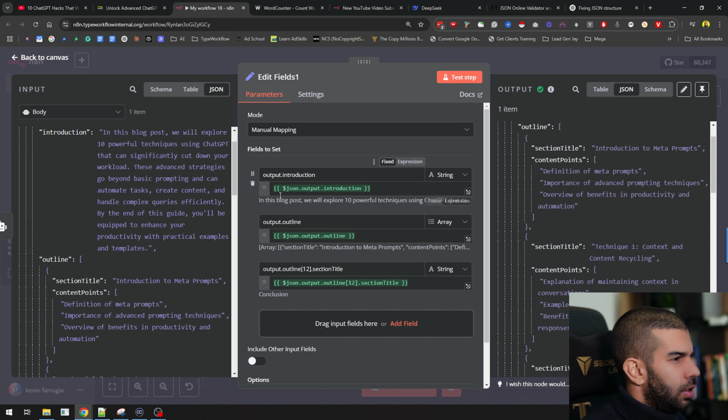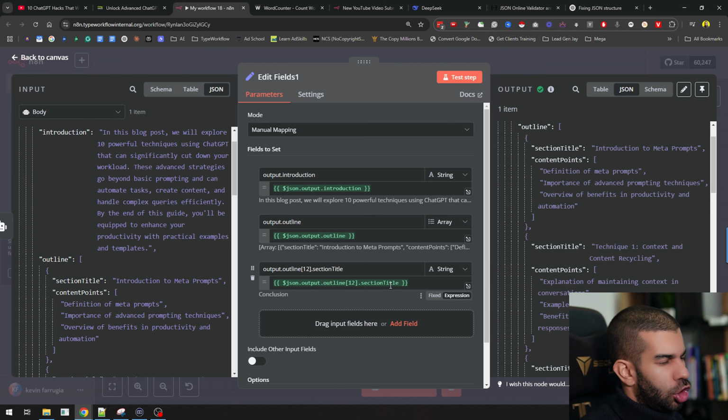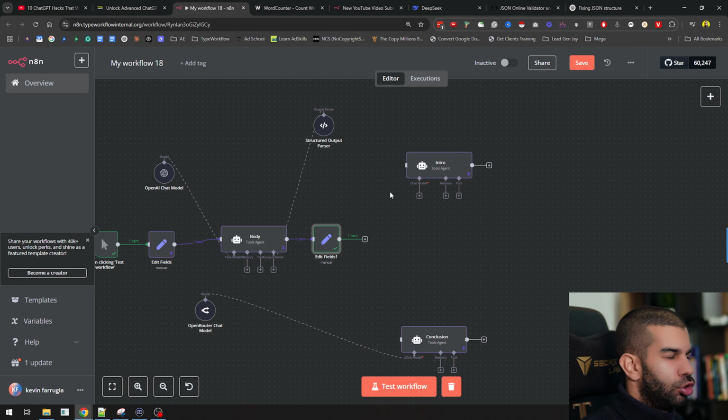What I don't like here is one thing. So we have the JSON.output.introduction, which is great. We have the JSON.output.outline, which is great. But then here we have the JSON.output.outline12.section title. So what I want to do here is have it be so that each and every time I run this, it will be called the same thing. So instead of having it be section 12, I don't want this to break if it's not in the 12th